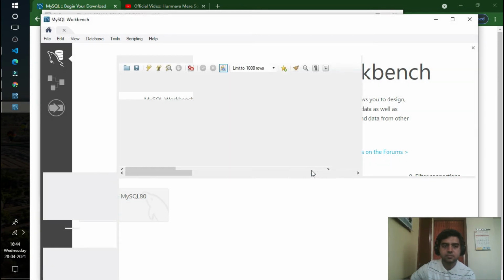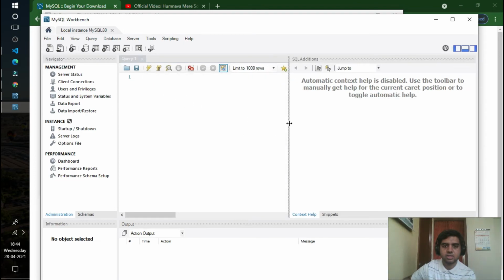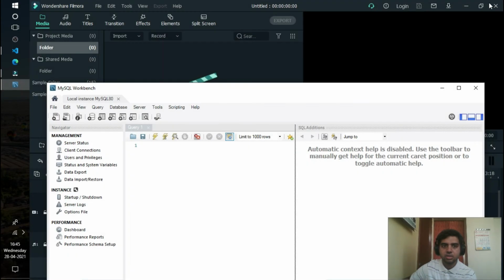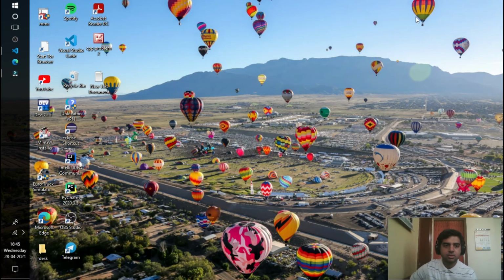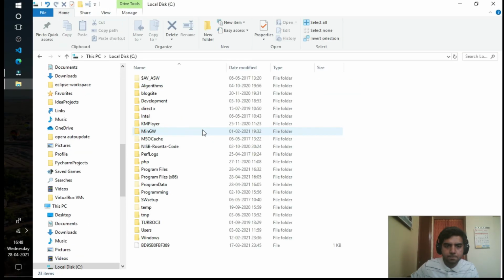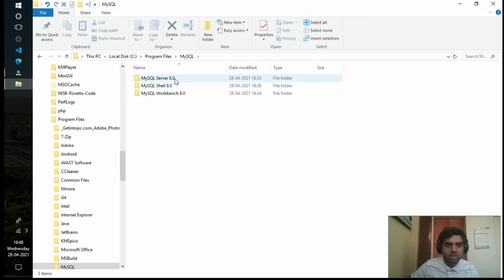So this is what Workbench looks like in MySQL, and this is the shell of MySQL. So how do you open MySQL from the command line? I'll show you. I'll close this Workbench. Just go to the C drive, go to Program Files, go to MySQL, there is something called Server.